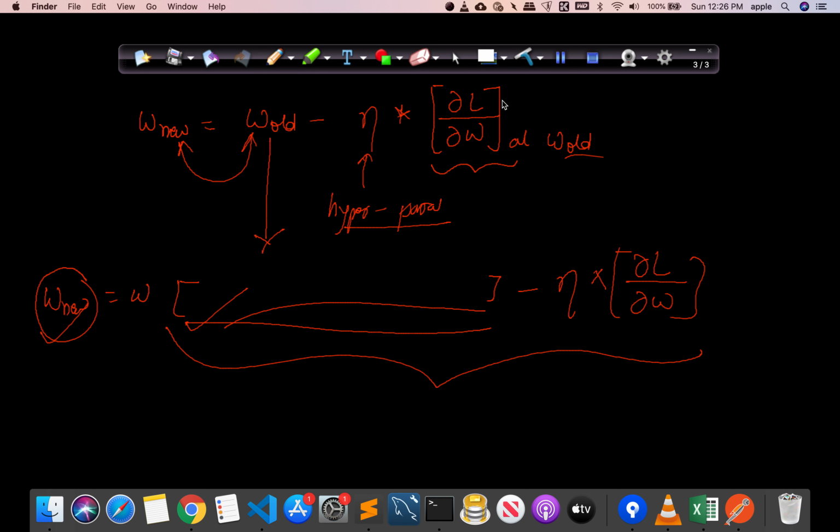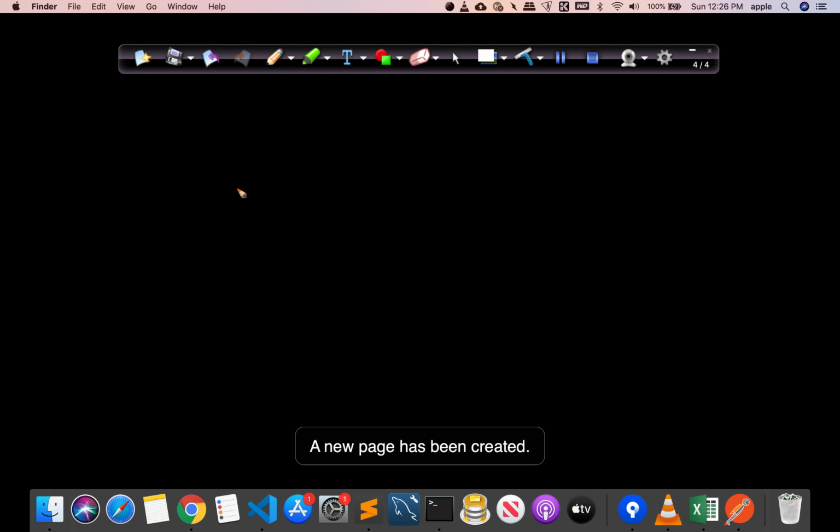Now we have to calculate this one. See, this is very important because this we have, and this we don't have. So we have to calculate this one. What is the value of this? How to calculate this? So let's see how we will calculate this one. So this is called the gradient. Why is this called gradient? We have seen in class 12 the differentiation of a function with respect to a variable is called the gradient of that function.